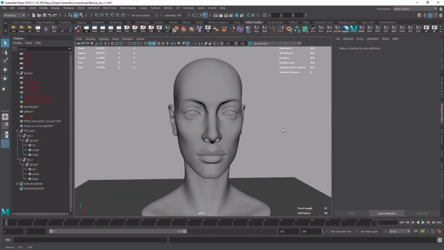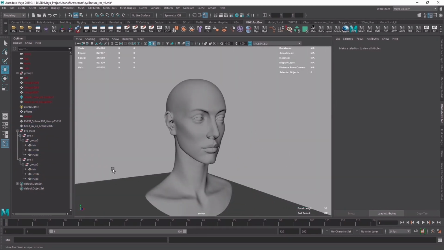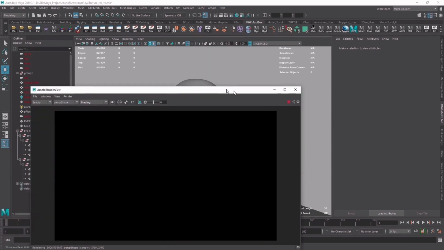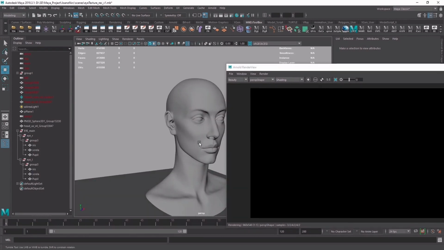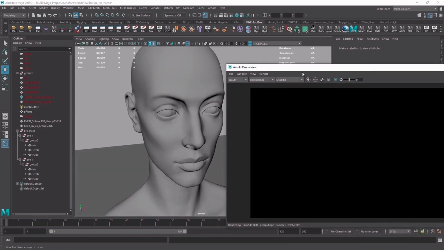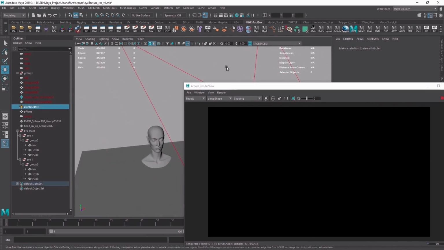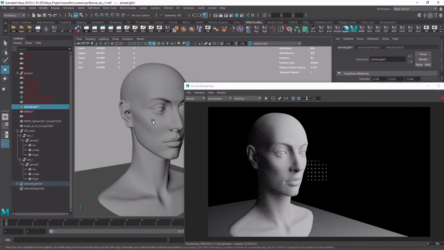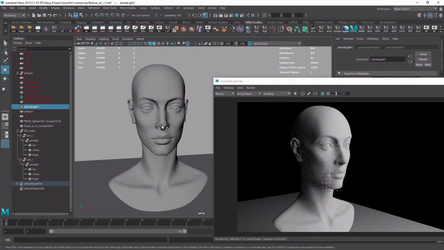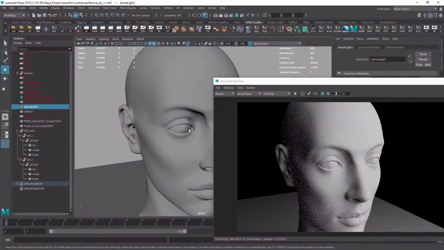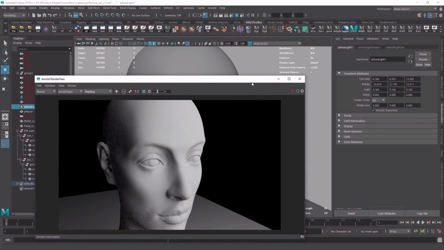So they all have a Lambert at this point, and if I just run the test render, yeah, there'll be nothing. I mean, I only have one area light here, so this is my starting point. I do have a head texture, but I'm going to only focus on the eye texture and some base shading as well. So yeah, first things first,